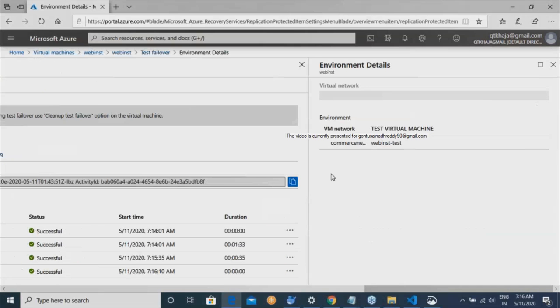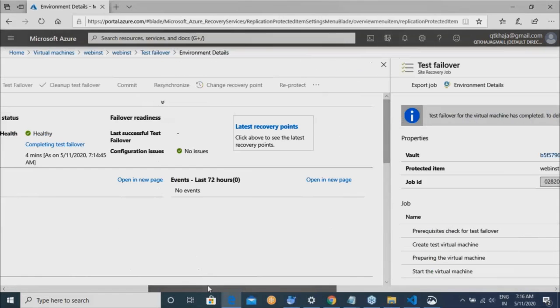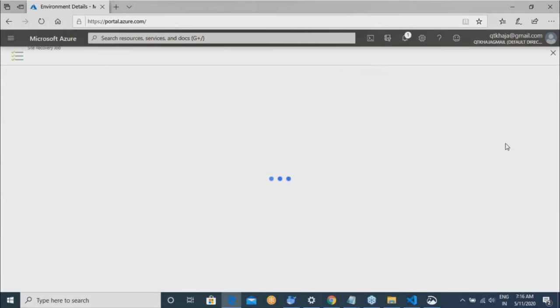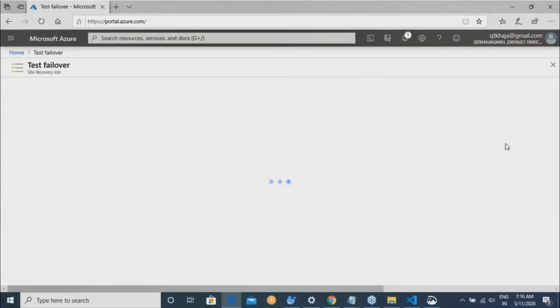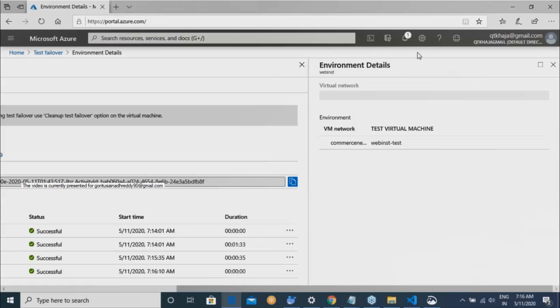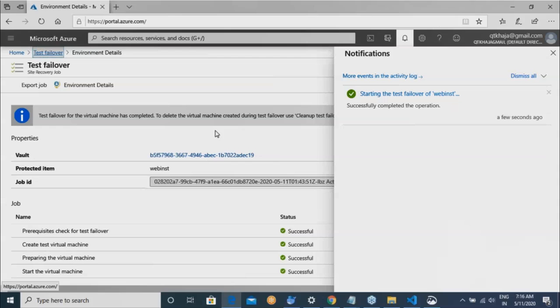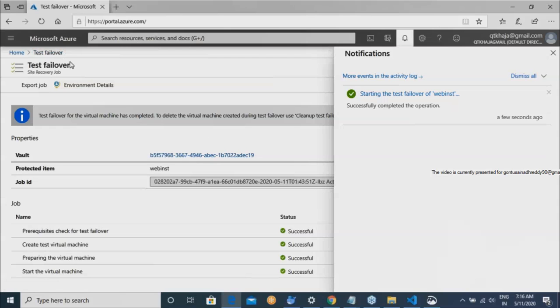They are creating a test virtual machine over here. So now what is the status we got? Now let me look into test failover.